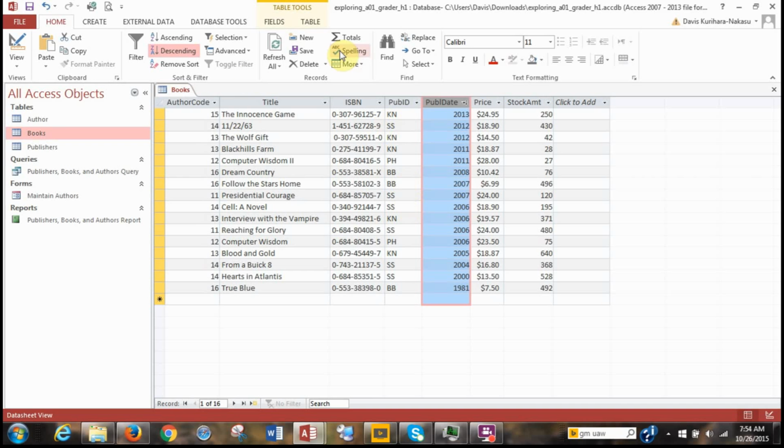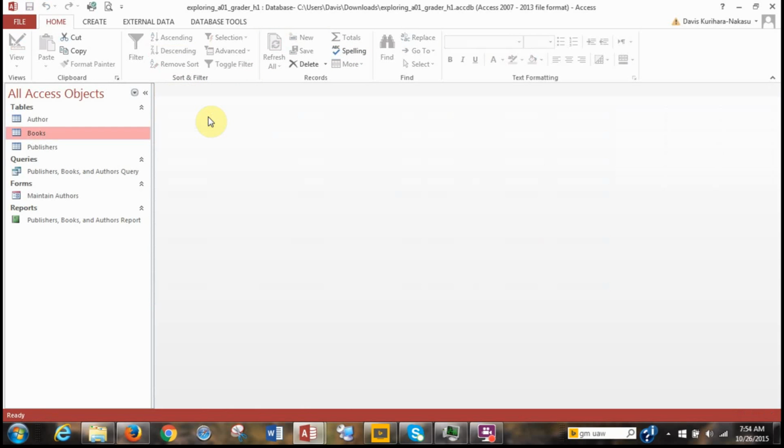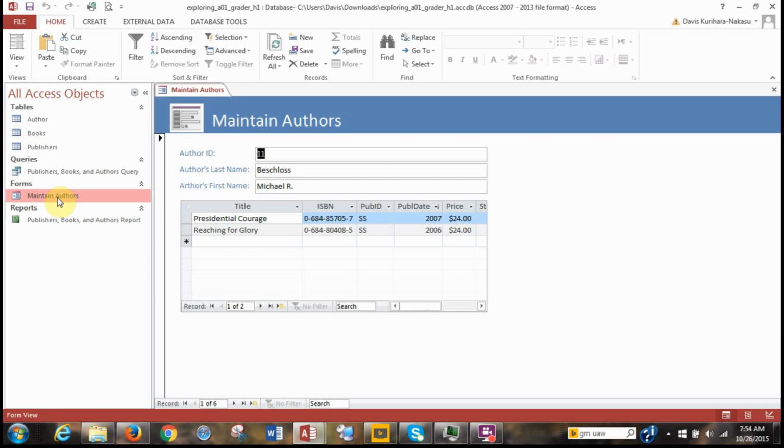And then we want to save and close the table, so we right click save and then right click close. That's saving the information. So we want to open the maintain authors form. So here's a form, maintain authors. We double click it, and then we want to look for record 2. So at first I thought the record 2 was over here, but this is the record for the actual titles by this author. So we want record 2 for a different author. So if you look down here, record, and you click next record, it changes to author ID 12, which is the one we want, Keith Mulberry,